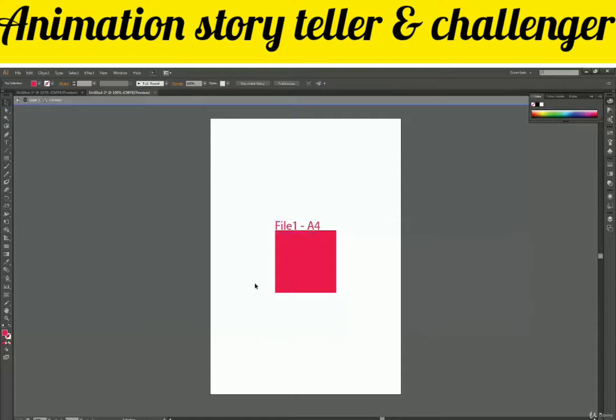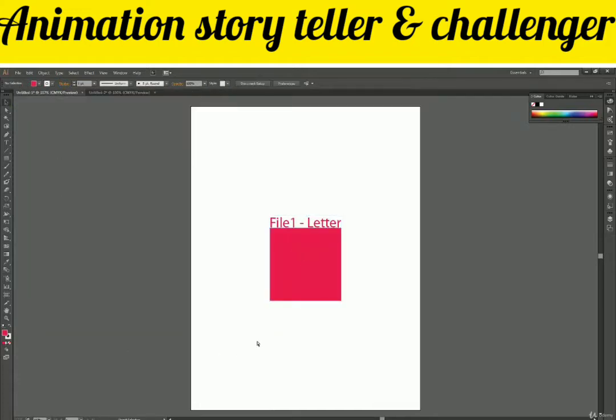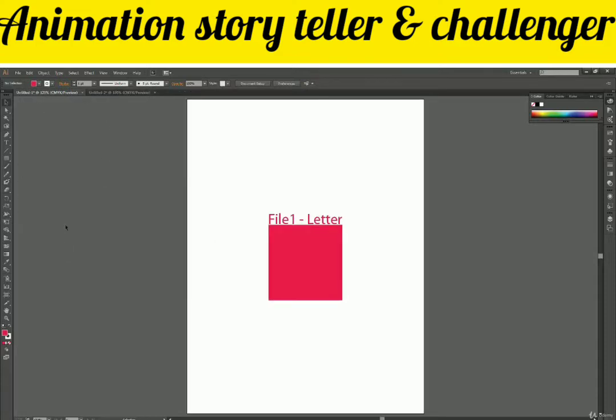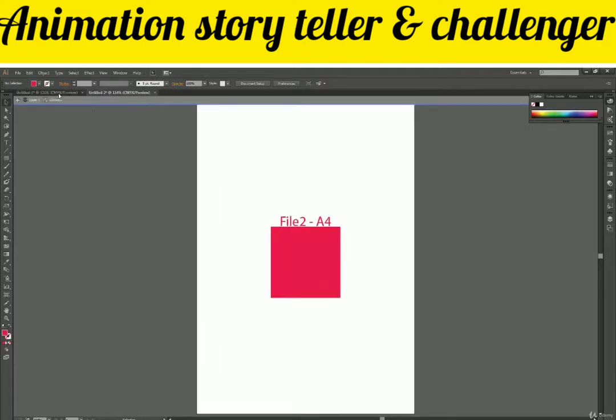I should make it something like this. Okay, so this looks good, and this should be file 2 instead of file 1. So there we go, file 2 A4. And now we'll create one more file. Now if you look carefully, this file 1 Letter and file 2 A4 look almost the same. There's not much difference if I see here. Just, I think, the width wise there's some difference we are seeing.